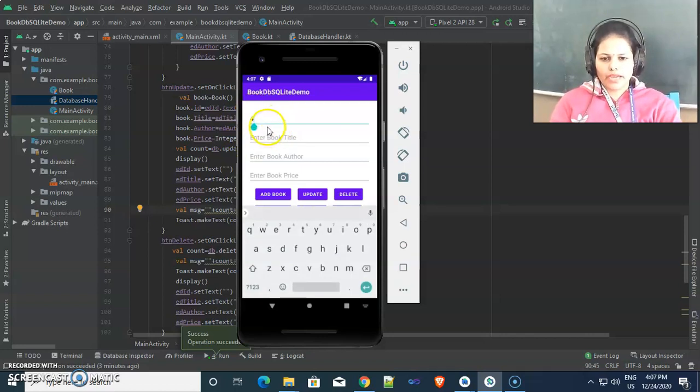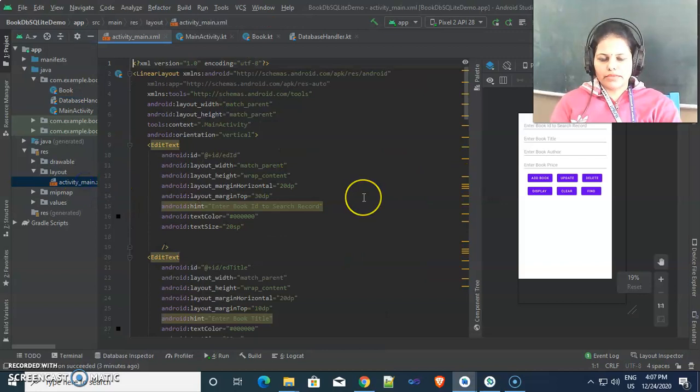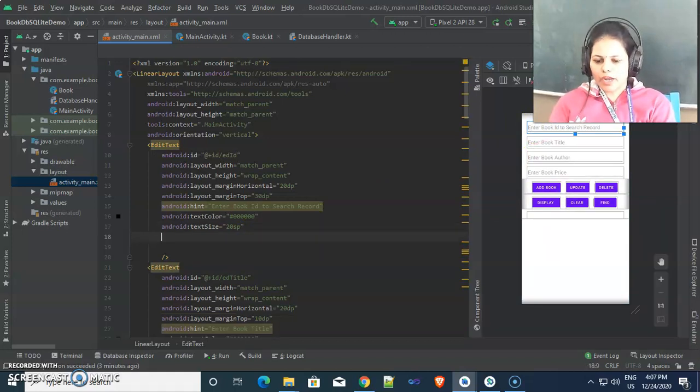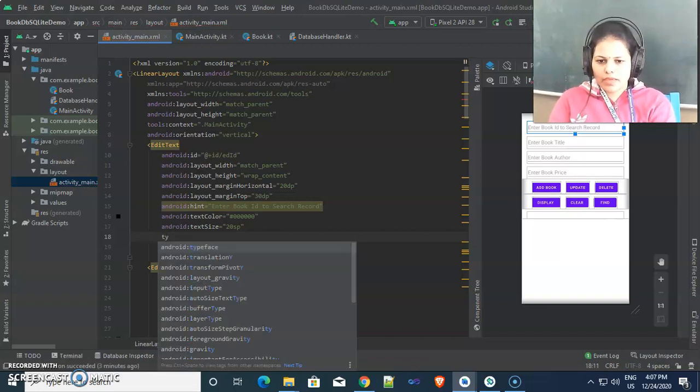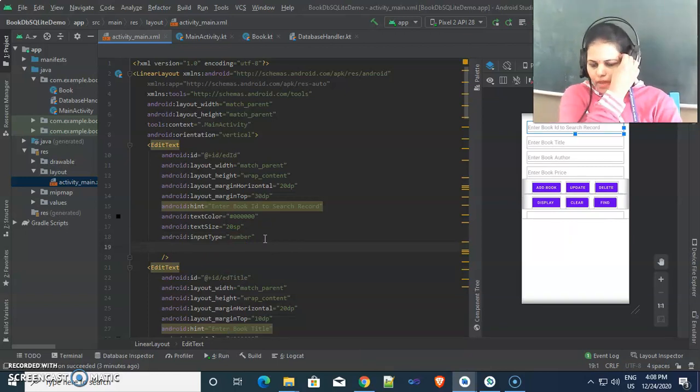When we type the ID here, only the numeric keypad we need to display. So go inside activity_main.xml and set the input type here, input type as number. Okay, so only the numeric keypad is displayed there.